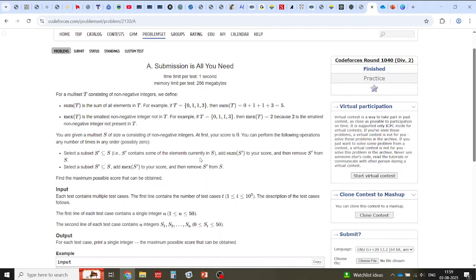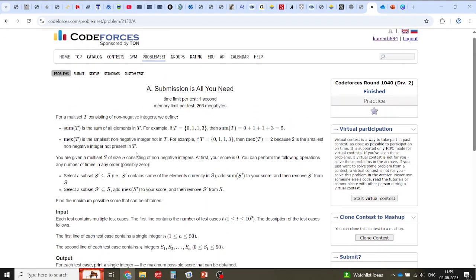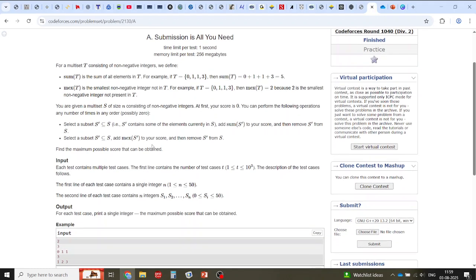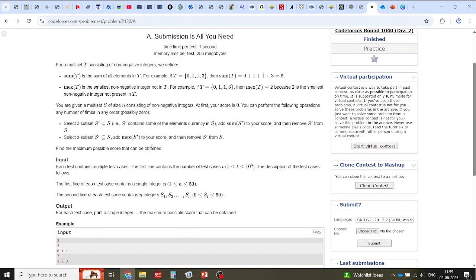So this is a recent question from a Codeforces contest, Codeforces Round 1040 Division 2. The problem name is "Summation Is All You Need". So we will directly see the question. In this question, you are given a multiset T consisting of non-negative integers, and then you